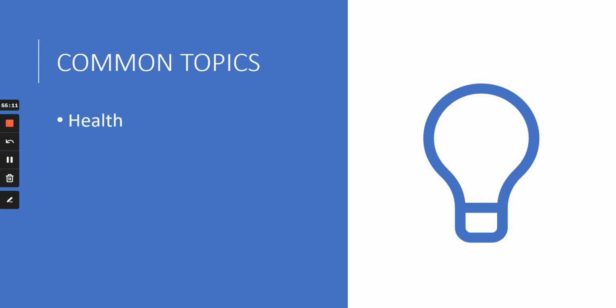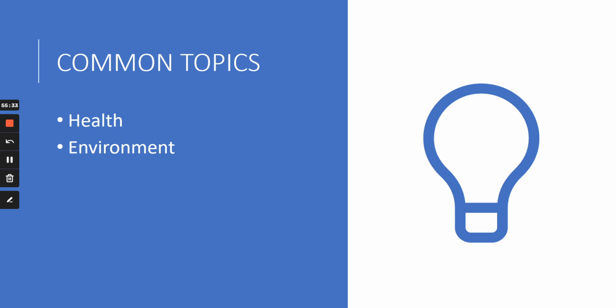Every IELTS writing task 2 is either based on health. So you should know things about health, like eating junk food will result in obesity and heart attack. Everyone knows these things. So start reading about health in the BBC app or in general on Google. Start reading articles about health. When you get an essay on health, you will have an advantage.